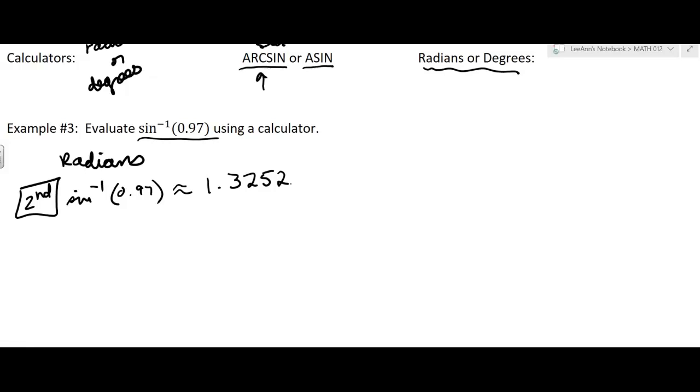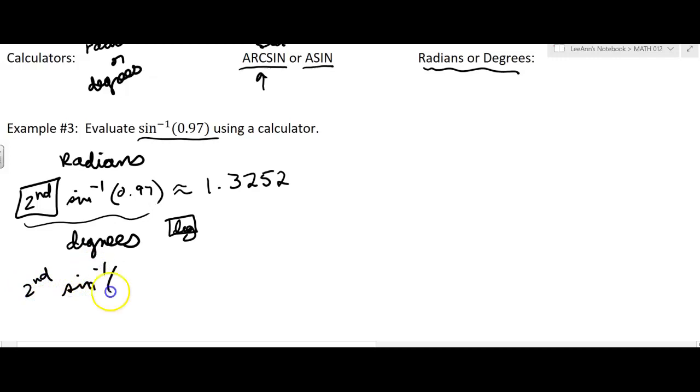Now let's do it in degrees. So switch the mode of your calculator, however you do that. Let me clear this out. Get mine in degrees, enter, okay. And I can see that it says in the corner, DEG, so I can know I'm in degrees. It's kind of little. And now we type in the same thing. So it's second sine inverse 0.97, and it's going to be approximately equal to